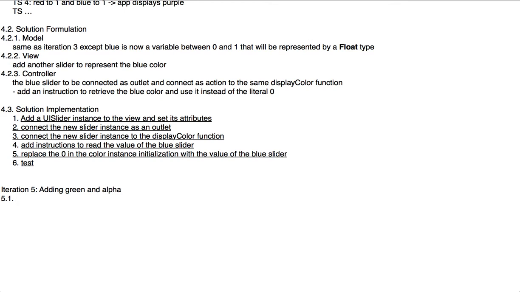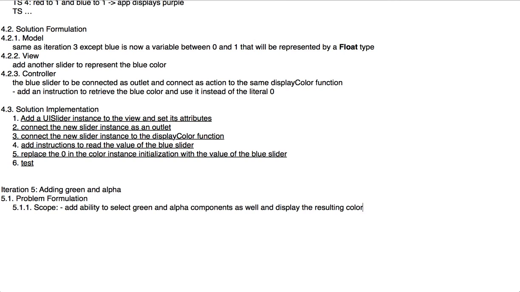So the scope, or the problem formulation, will define the scope: add ability to select green and alpha components as well, and display the resulting color. And then the testing